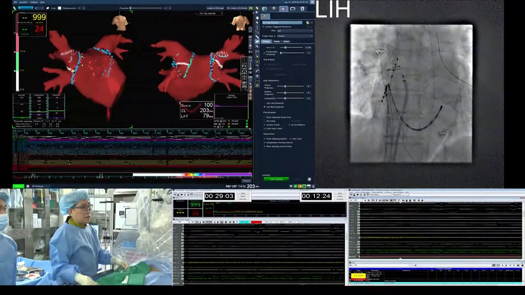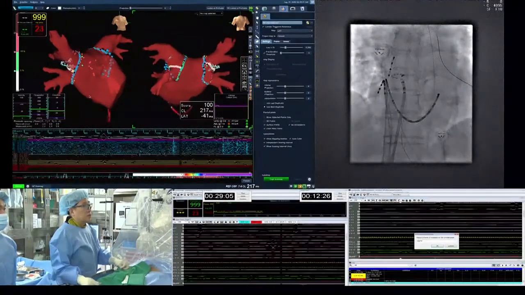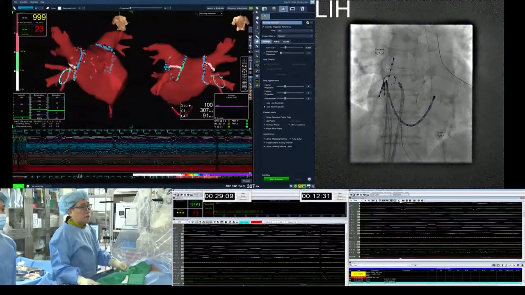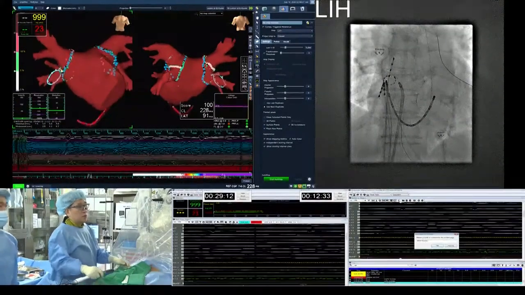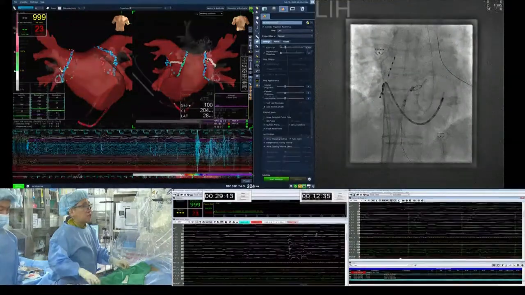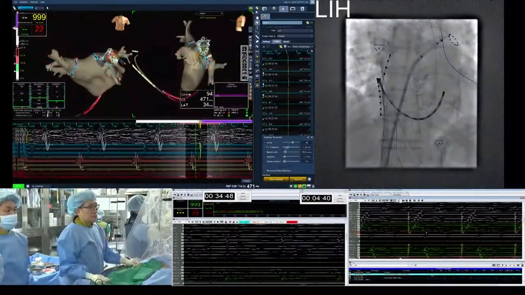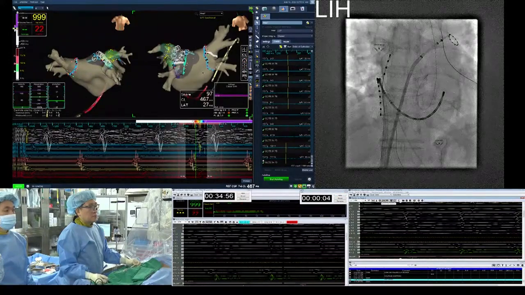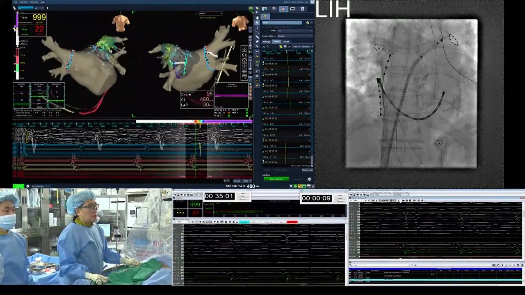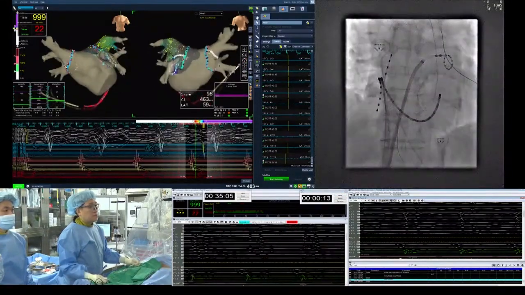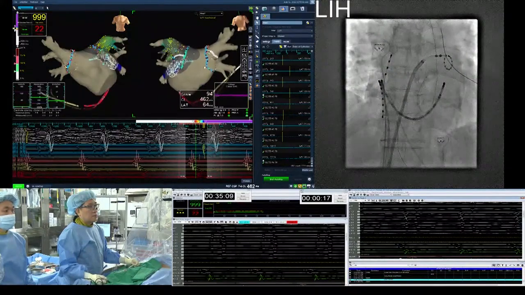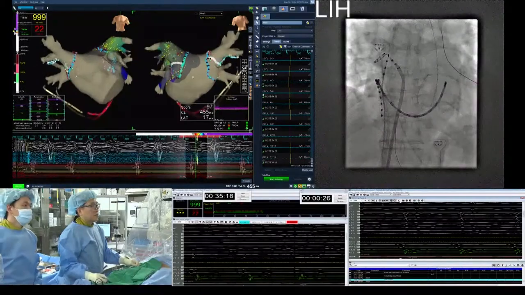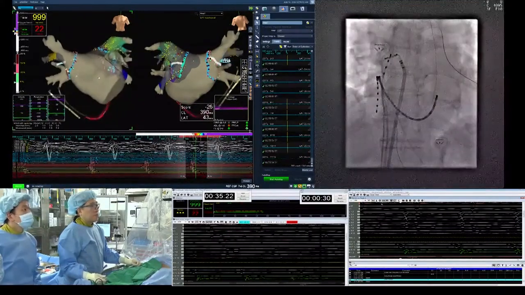After PV isolation, please make sure your pulmonary veins are completely isolated by using a ring catheter or HD grid catheter one by one. Generally, the guidelines recommend waiting over 30 minutes because there is some acute reconnection. Some people use adenosine injection to make sure there is complete isolation, but I do not use adenosine nowadays in my lab.